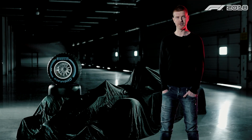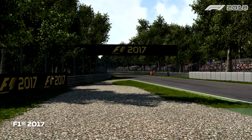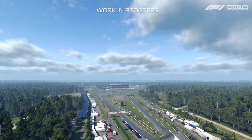The first thing I looked at when I joined the project was where F1 2017 was visually and where we could make the biggest visual wins in the time frame that we have. And the biggest win for me this year has definitely been the atmospheric system. Last year we only had a very simple height fog, but this year we've got a full atmospheric system that